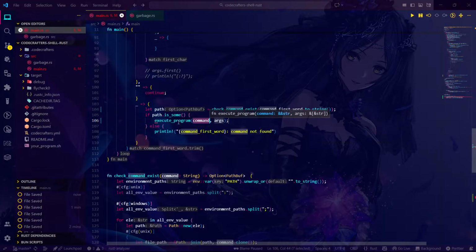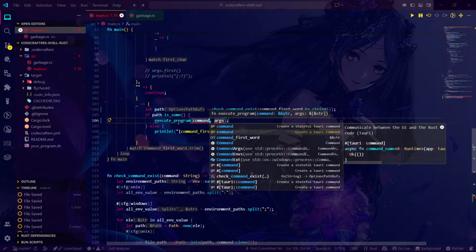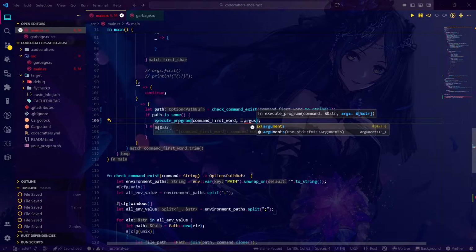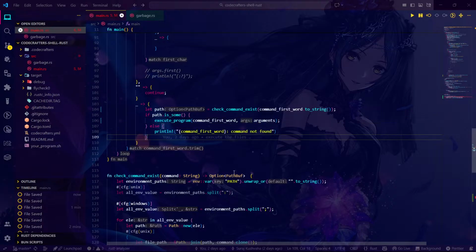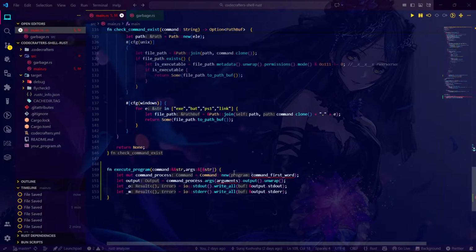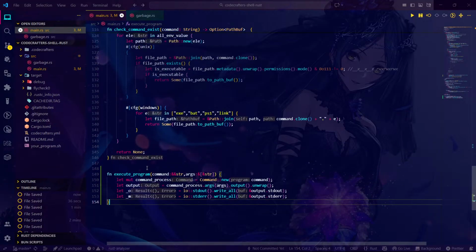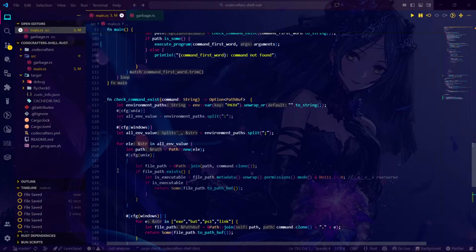execute program, command, first word, and where we give arguments, right? And here we do command, and here we give ask. So we simplify this function execute program. Now